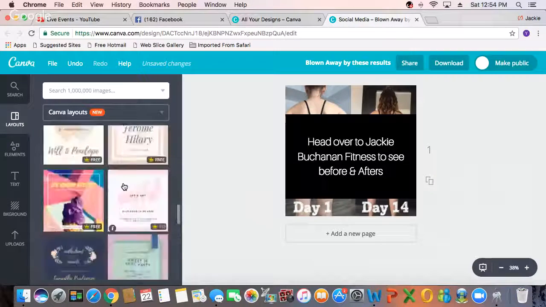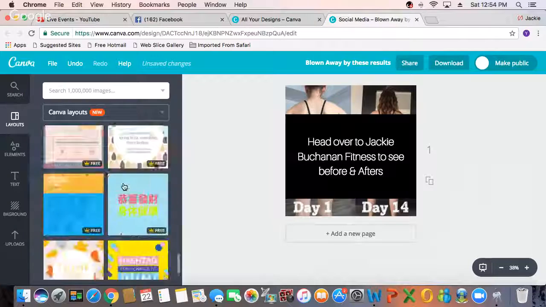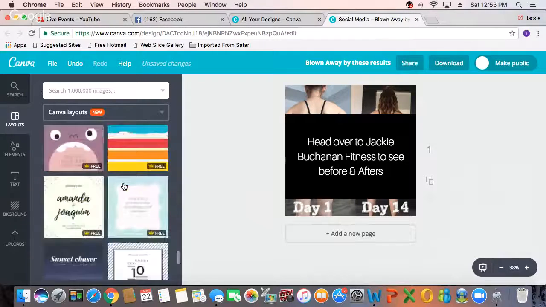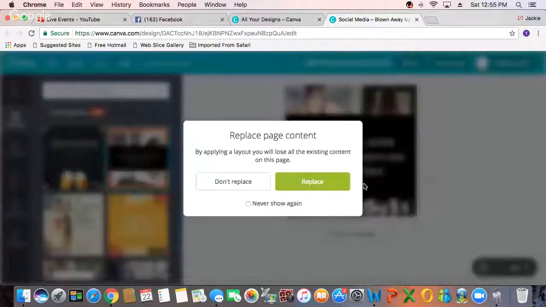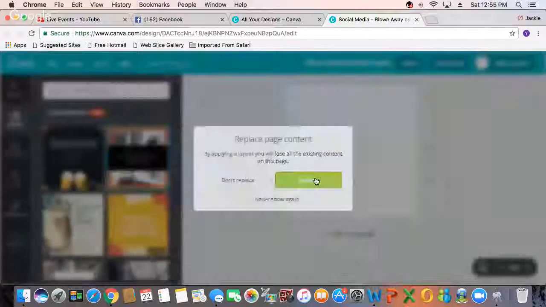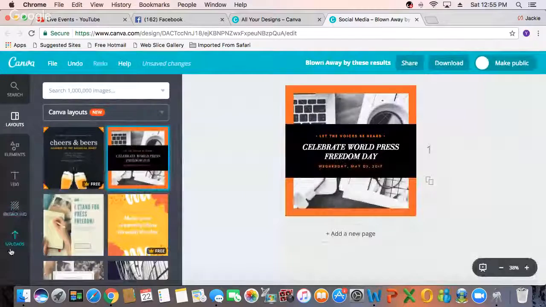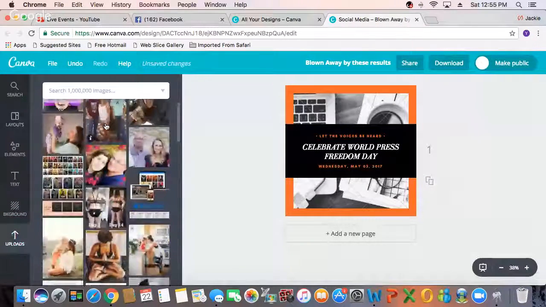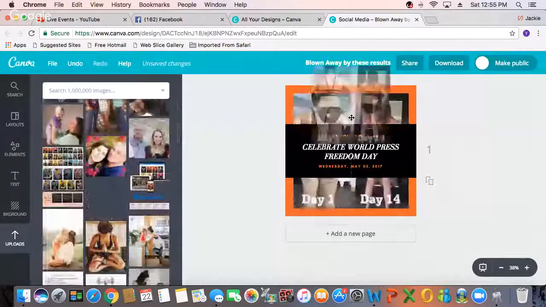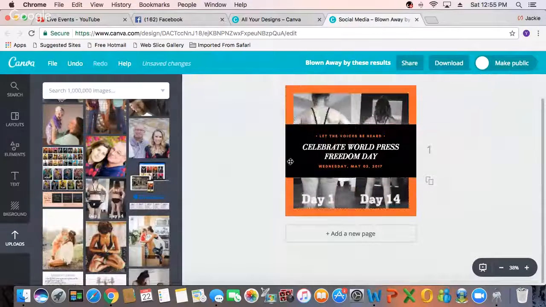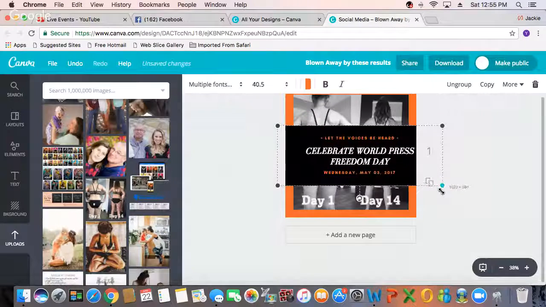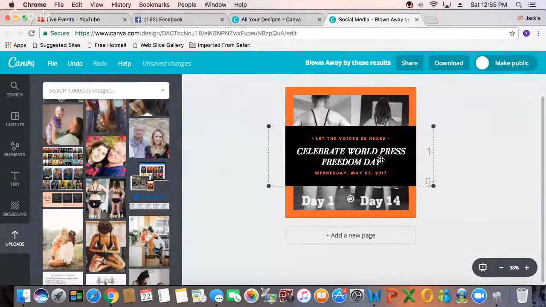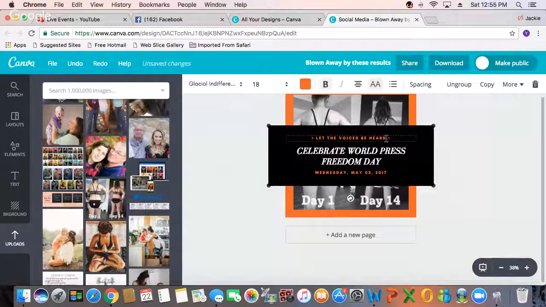So the ones where I have like 4 pictures in one, I simply come in here and scroll through these templates and find one that I could use. Like I could have used this right here for my before and after. Now you see that picture in the background, I come to here, select my same picture and drop it in. And look, it's already blacked out for me. And you can select this box and make it a little bigger if you want to. And then you can delete this writing off,